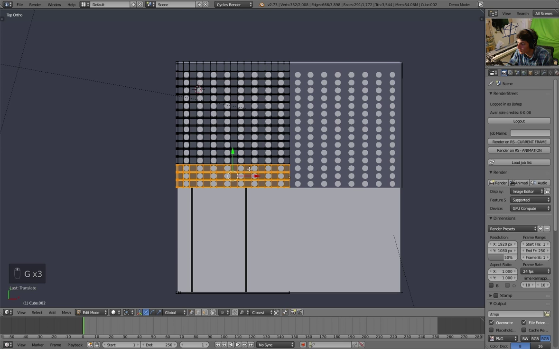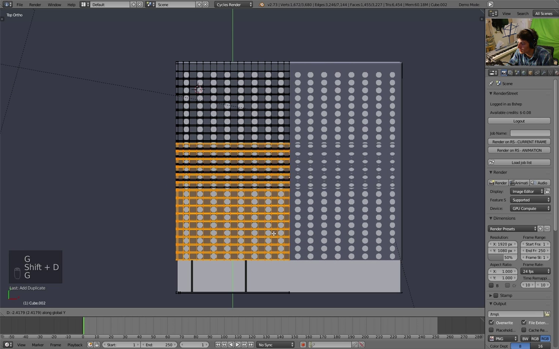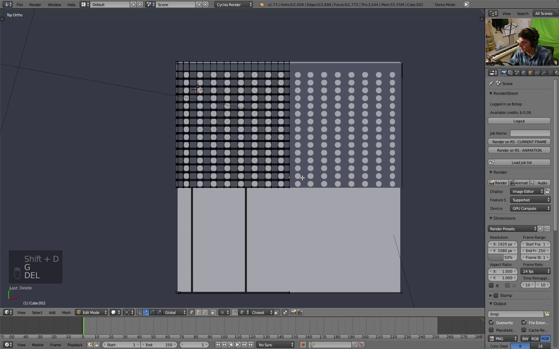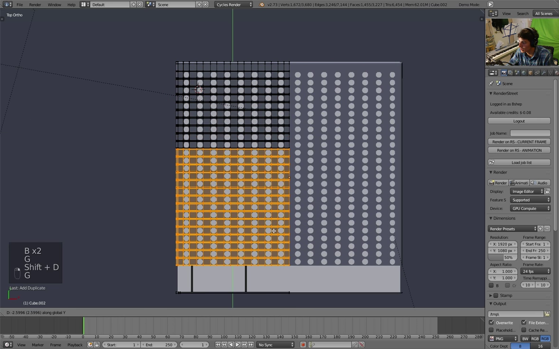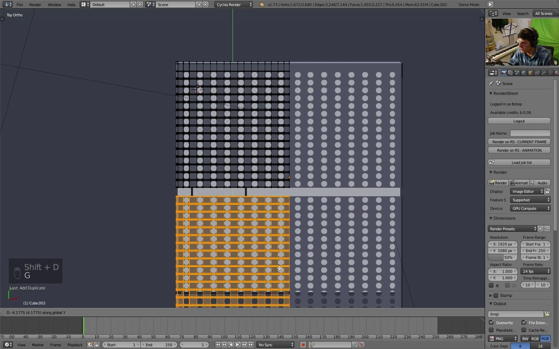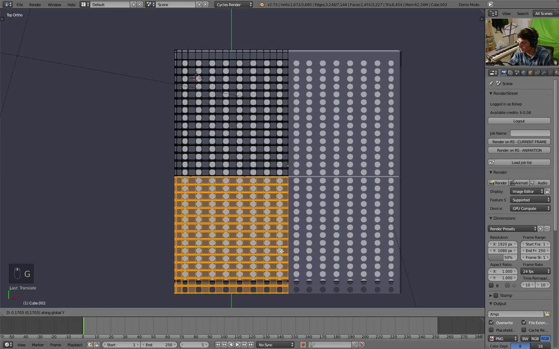And I think that's all you have to do. Just keep duplicating. This might be a little bit big, pretty big for the scale. You can make your vertices smaller if you like, but I think this is pretty good for me. I don't mind them being so big. That just means a lot more air leaving